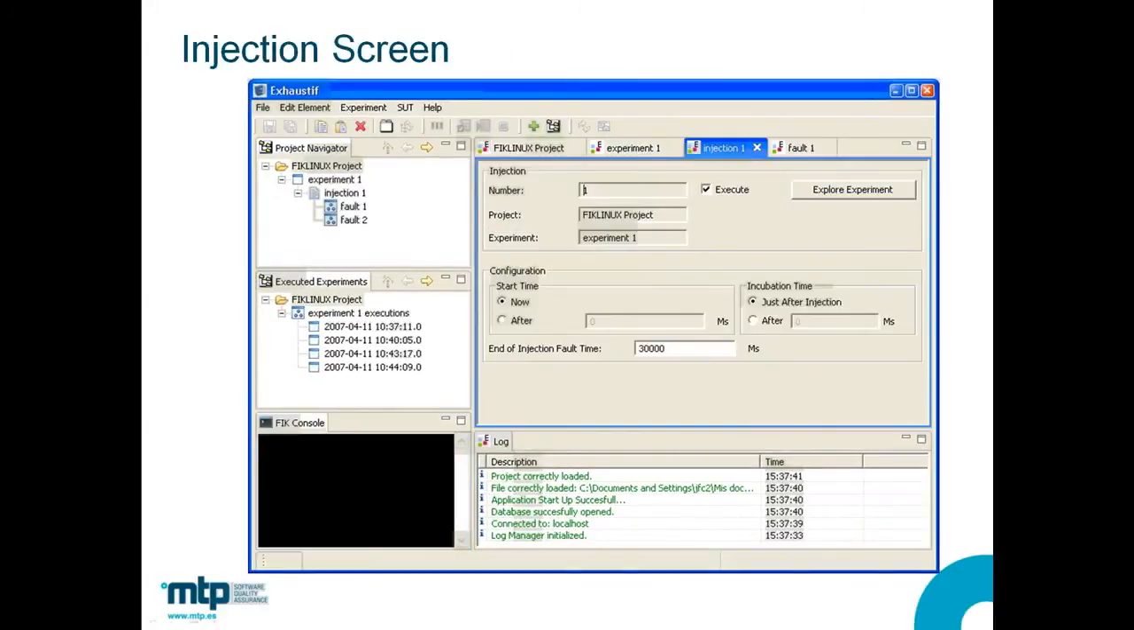After entering the experiment information, the developers move on to the injection screen. Here, the duration and outcome reading of each injection is configured. The configuration time details will be the same for every fault injection in this experiment, making Exhaustif SWIFI a very flexible tool. The fault injection can begin with the execution of the experiment, or with a time delay specified by